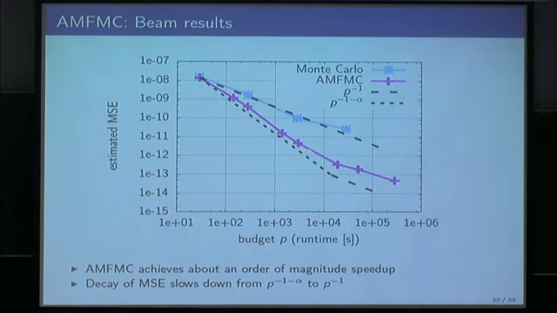And you see exactly in the beginning we have this faster error decay, but at a certain point, as we predict, it levels off and it gives us the standard Monte Carlo rate. But still, they are shifted. And this AMFMC is especially interesting, of course, in this region here, because in this region we have to choose n carefully such that we obtain a low error. When we are somewhere out here, then n is constant, and there's no change necessary anymore. Okay, but often we are really interested in this pre-asymptotic behavior.